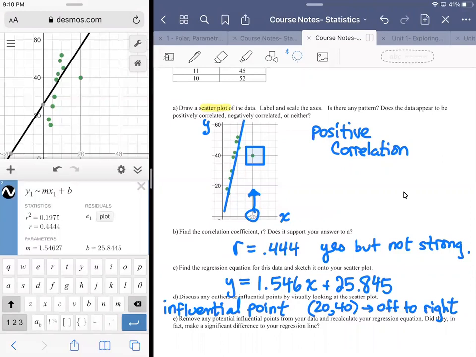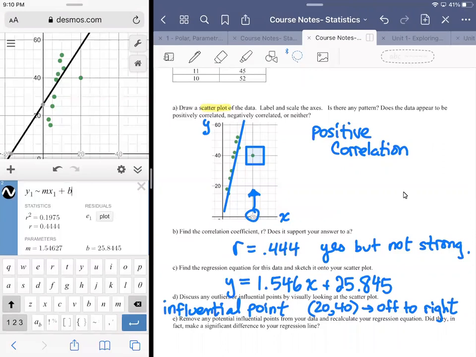So if there was a point all the way down close to the 0 on the right-hand side, that would more be an outlier. Yeah, exactly. Okay, got it. Thank you. No problem. All right, so the next part says remove any potential influential points from your data and